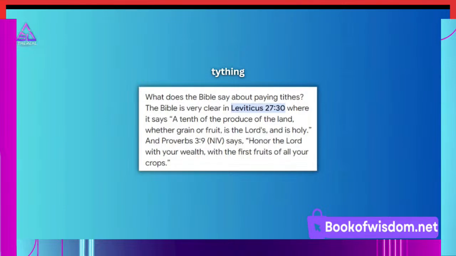What does that mean? Well, what's the land and the fruit? This represents physical things, the physical things that you have. The 1/10 of the physical things that you have, what's that? That's your ego. All the physical things that you have are to do with your ego. That's the lower self. The ego, what is the ego? It's the mind's perception of the physical self. You had no ego when you were a child. As you grew older, you created the ego. But the ego is the full self. It's the echo. Ego, echo. It's the echo of the full self.